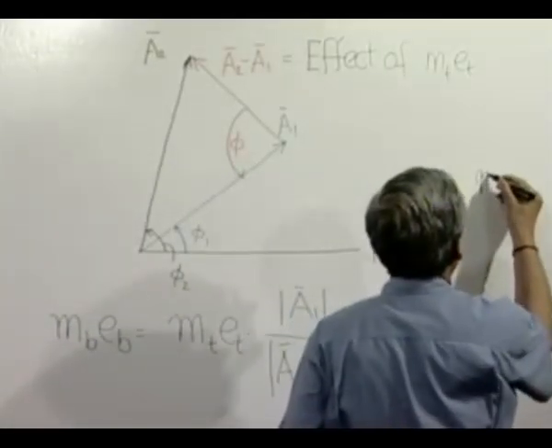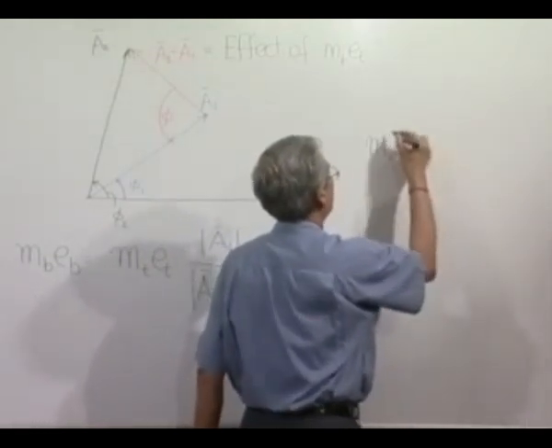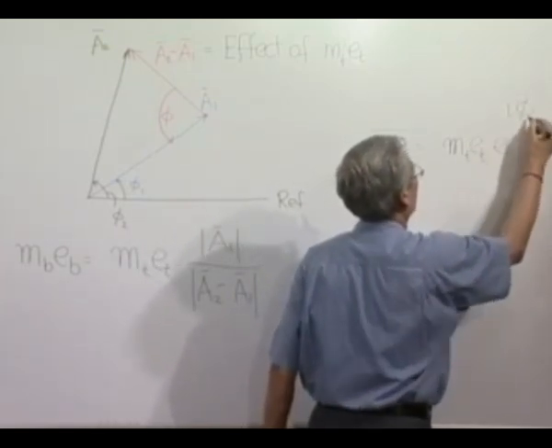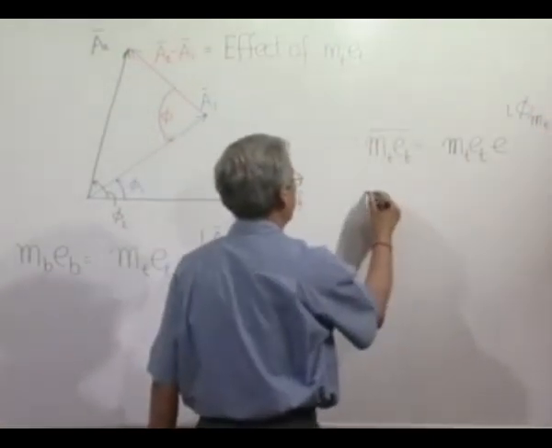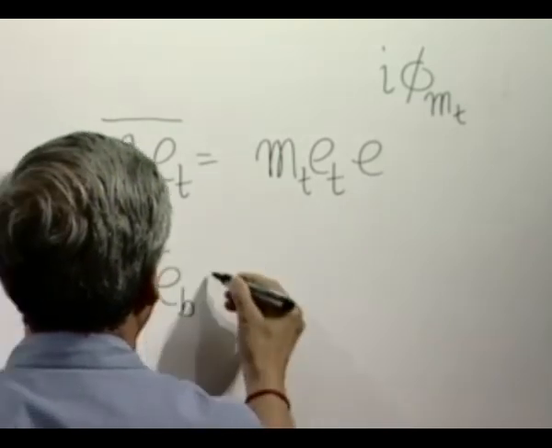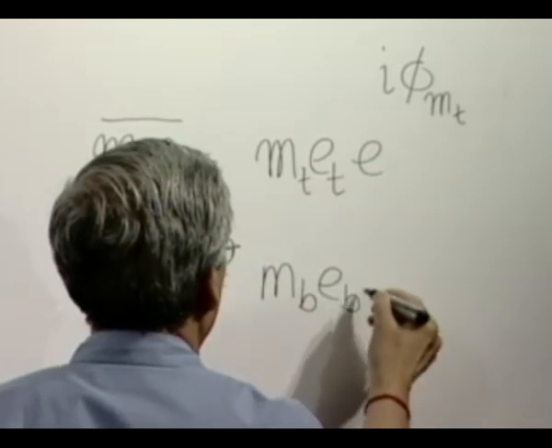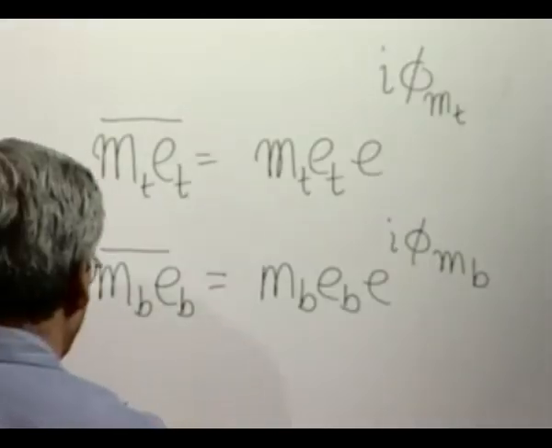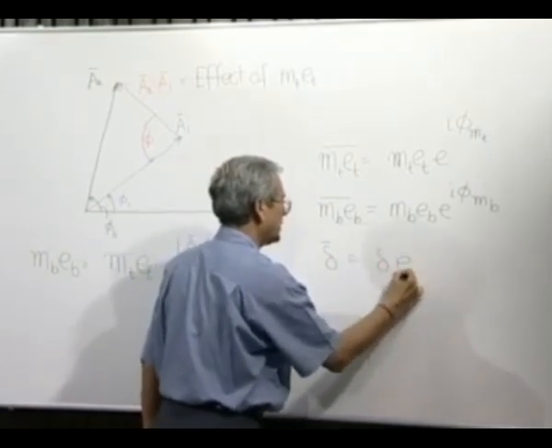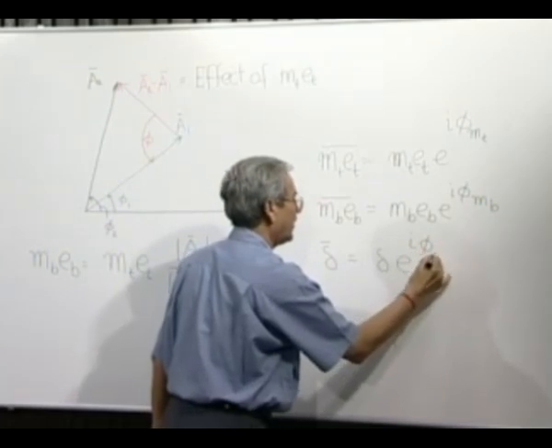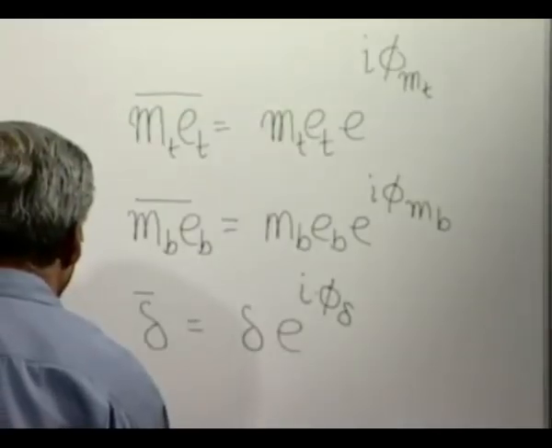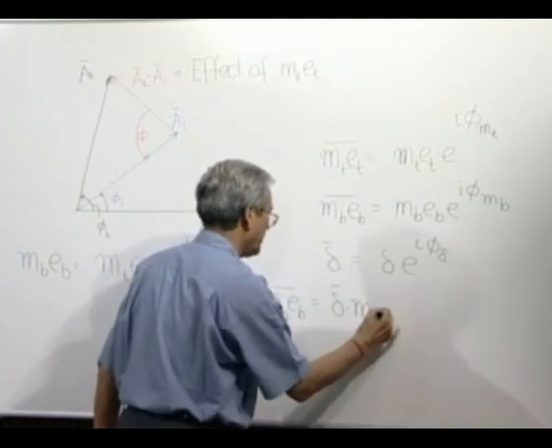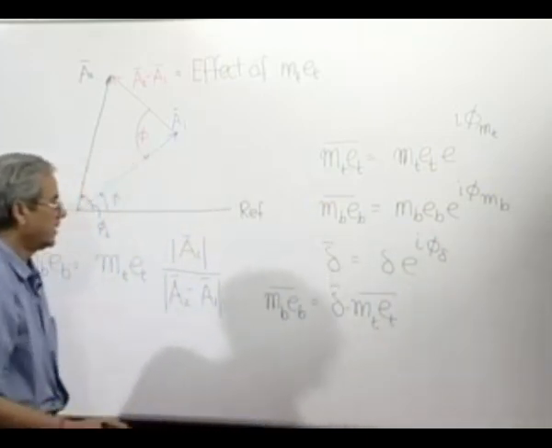If we take MT ET as a vector quantity in this way, and MB EB, always this product is important, by another complex quantity like this, and delta as another vector or complex quantity, then MB EB vector we can say is delta multiplied by MT ET vector, so that